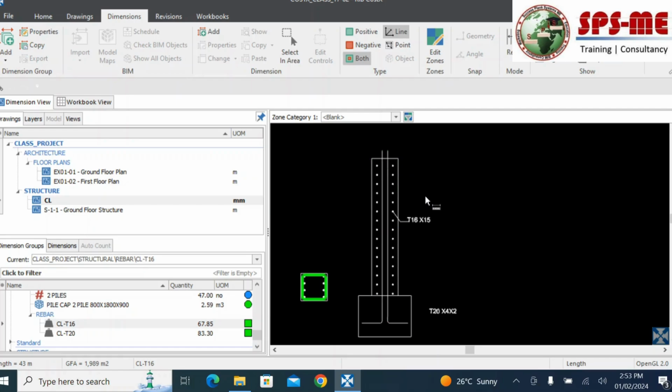So here, about this one, first we have completed today's class, the custom quantity and the rebar from the column. If you have any questions or anything related